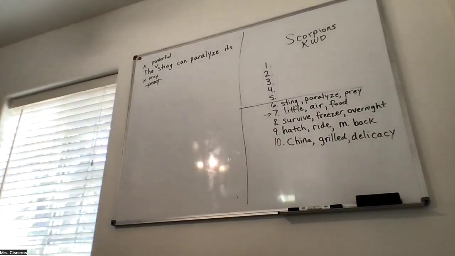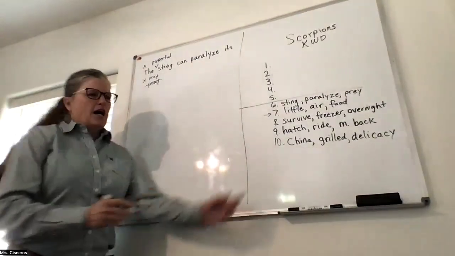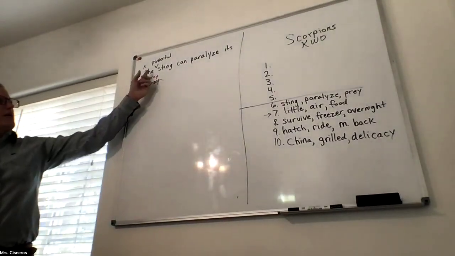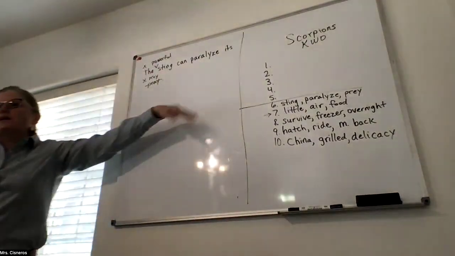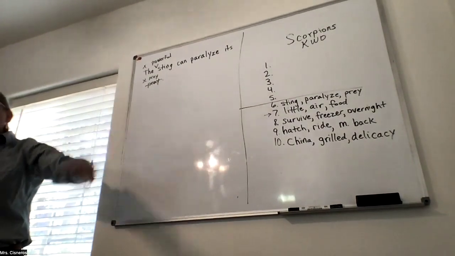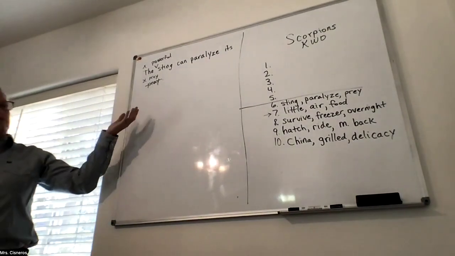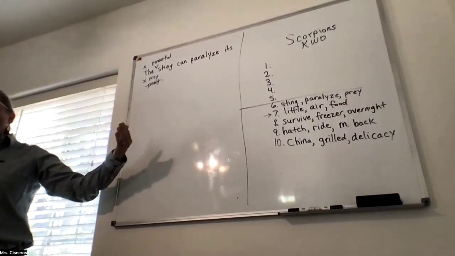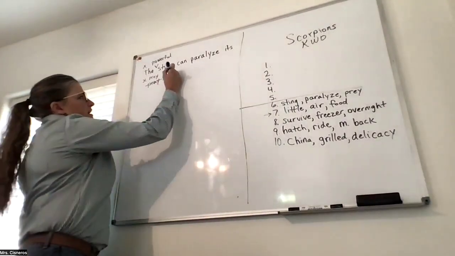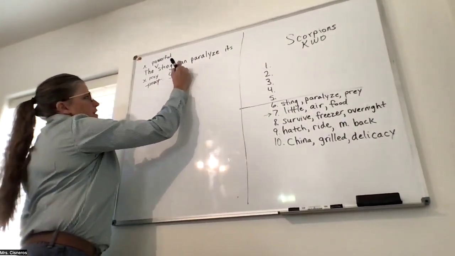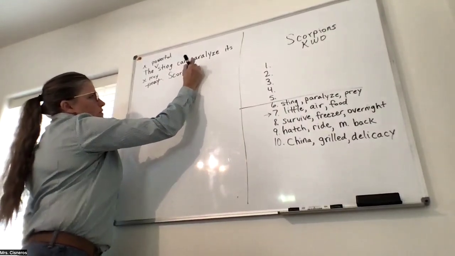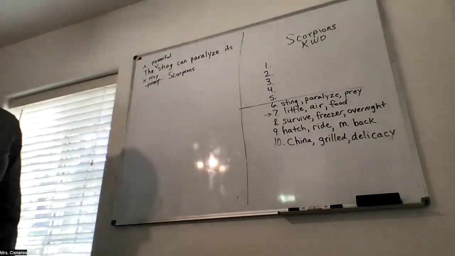Hallie. I think since I used the powerful sting and I used its, I'm going to come back to that word scorpions because I can use it now. We used a couple of pronouns, right? So now we can come back to the scorpions. So I'm going to say scorpions. This is how I'm going to do mine, but you guys do it how you want to on yours. So write this down, Grayson.